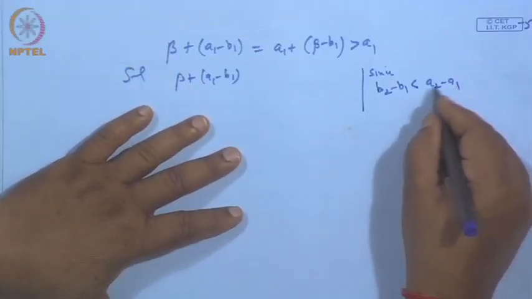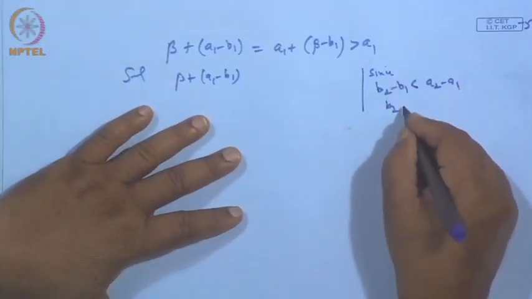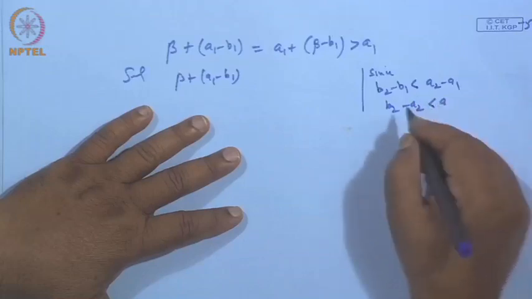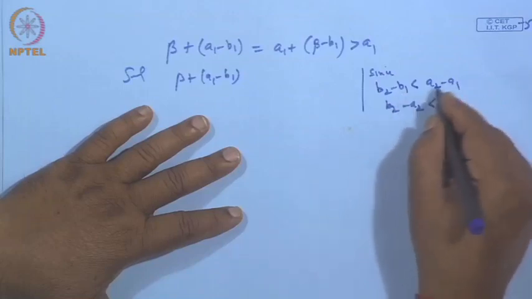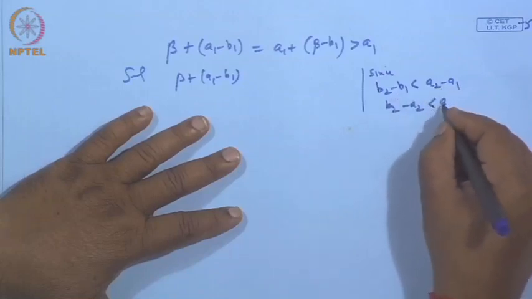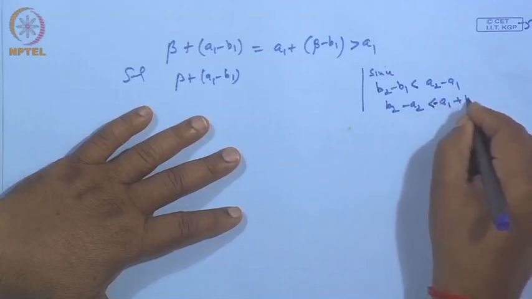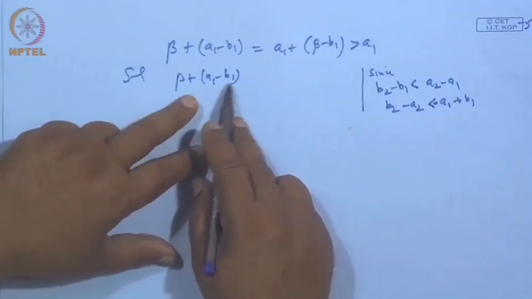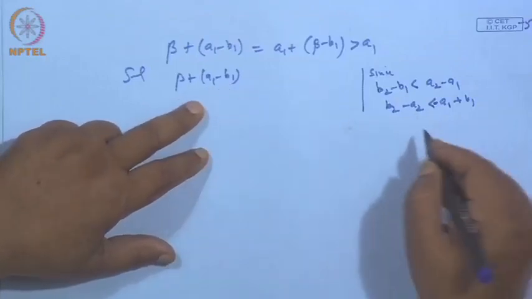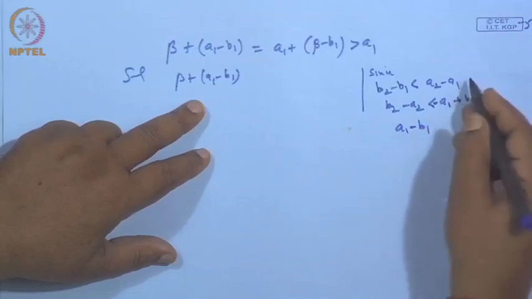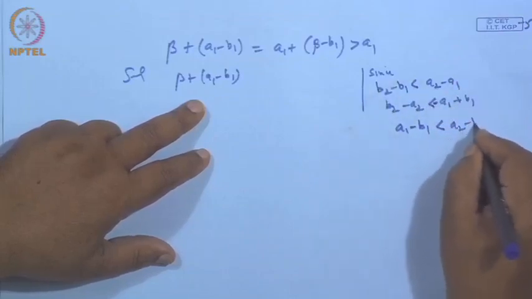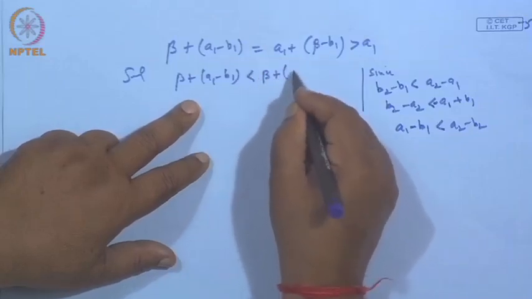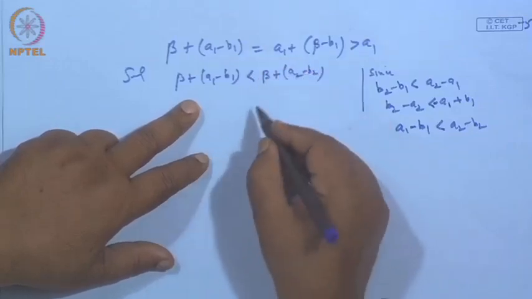So, what happens is when you take this side, B2 minus A2 is less than minus A1 plus B1, is it not, or B1 minus A1. So this A1 minus B1 is less than A1 minus B1, if you transfer here, is less than A2 minus B2. So if I take this, it is strictly less than beta plus A2 minus B2, and again this is